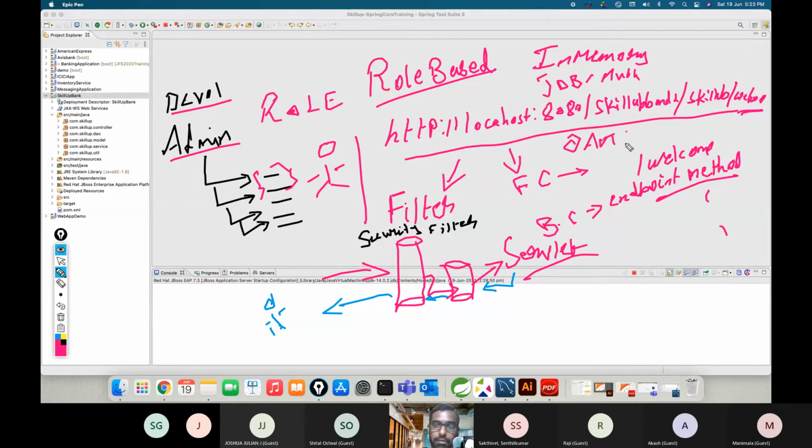OAuth is pretty much a bigger module. Open authentication, where we will be using JWT, JSON Web Token. This can be made a little understandable when we go on top of Spring Boot. So when we have more microservices spun up, then probably this exchange of JSON Web Token or OAuth implementation can be a right place. But for this web application level, it's more sufficient to go with in-memory